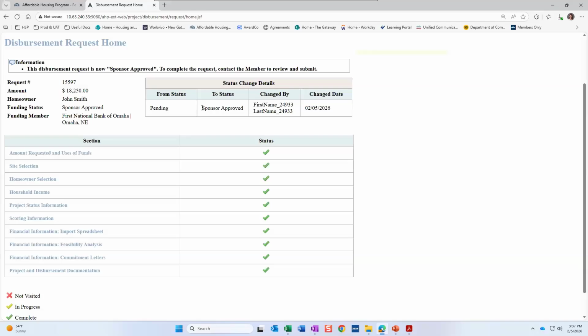If we have any members on the call, for you all, there is pretty little responsibility. What I described right now is pretty much the extent of the responsibility of our member agencies. So as a member, you will go in, and when you do receive those automated emails, you will approve those disbursement requests. You do not have to fill anything out in the disbursement request. You can review as much or as little of it as you would like. That is up to you.